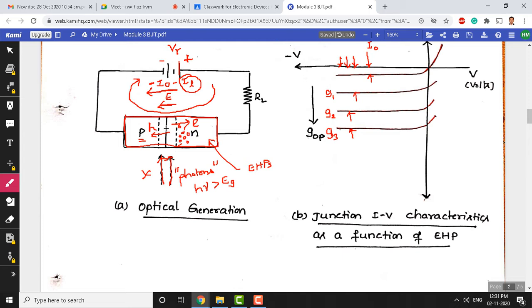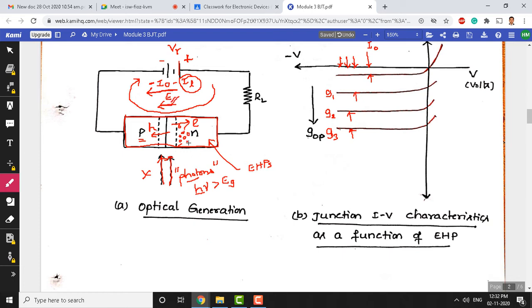Definitely this field will act on these holes due to the diffusion process. If these holes move close to the edge of the depletion region, the field sweeps all these holes into the P region, and this causes the current flow from N to P here. Understanding? In this case we are using photons to create these minority carriers in the N region, that means electron hole pairs. Definitely the holes will be moving to the junction because of this electric field.